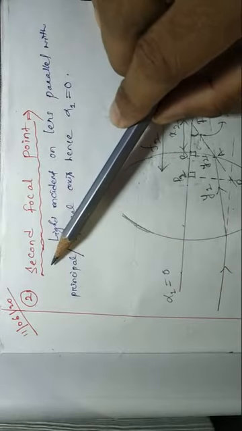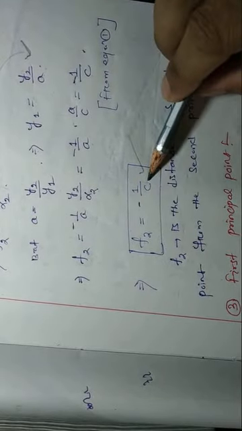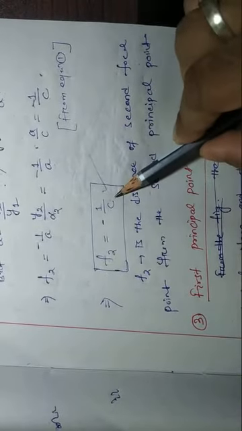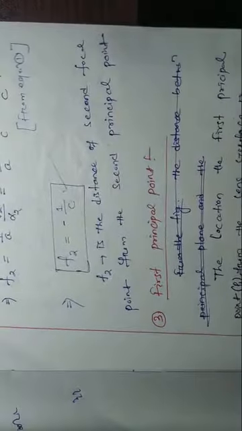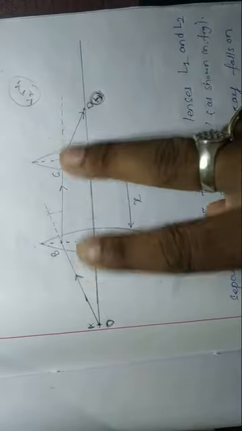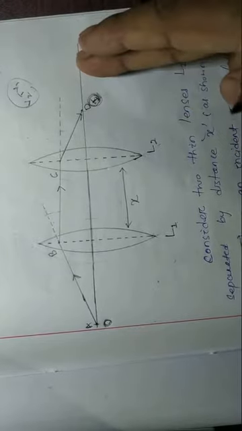So if we go back to your note in the section on the second focal point, what did we find? That C is nothing but the reciprocal of F2, this side. Okay, C is nothing but 1 by F2. So here, if we consider these two lenses as one lens, then F2 is this distance, the right side distance.